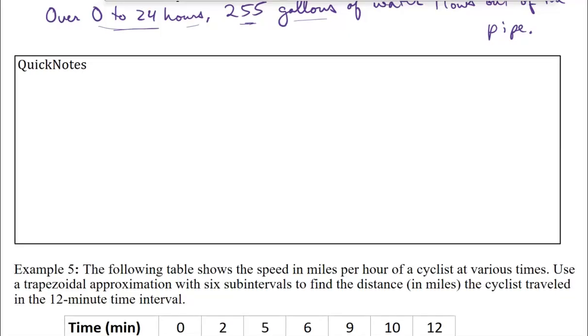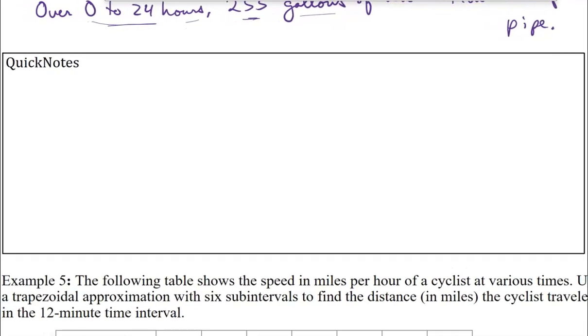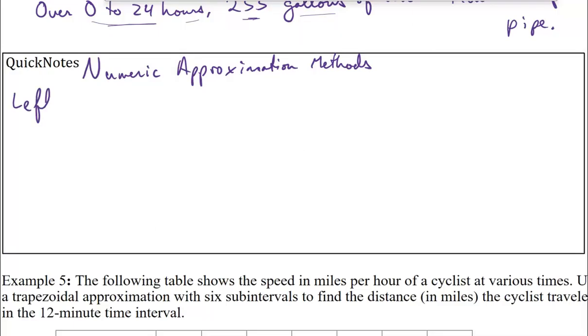Okay, so quick summary of all of our numeric approximation methods. We have three different Riemann sums: left, right, and midpoint. So we can say for a left